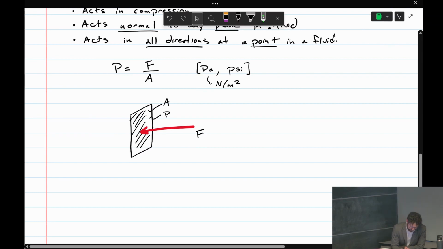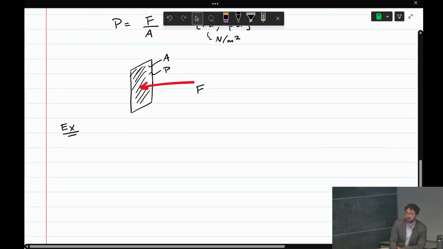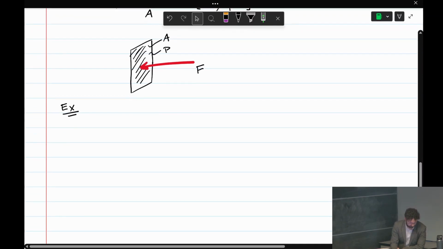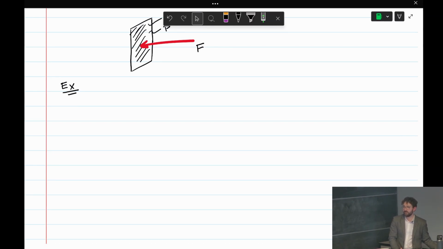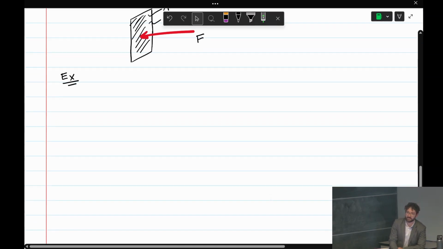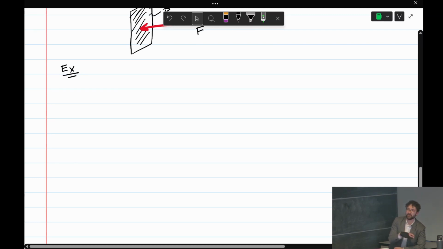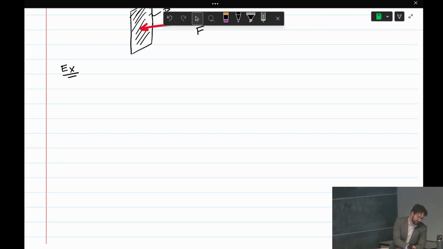I'm going to do an example now. This example is motivated by a fairly serious incident that you might have heard of, the door blowing off of the airplane, the Alaska Airlines flight. We're going to do some calculations on the forces that door was experiencing. This is just motivated by that, but I just picked some rough numbers to get a sense of the forces that pressure can actually produce. So the example is going to be: calculate